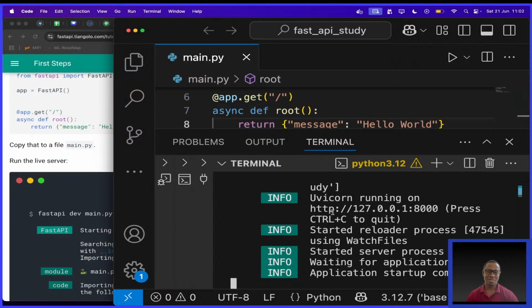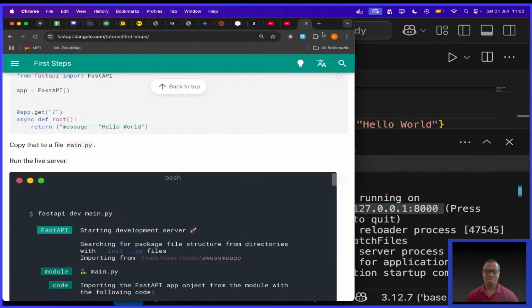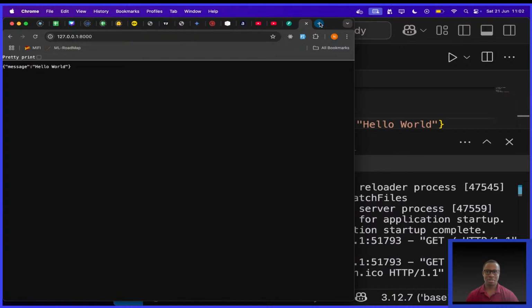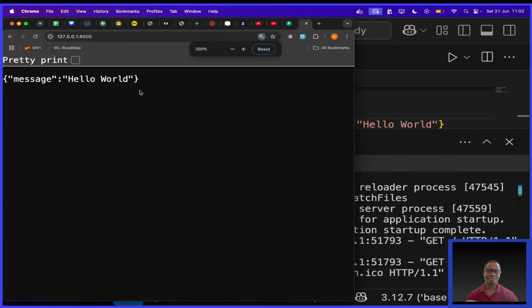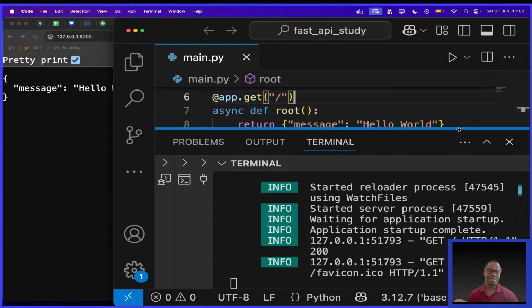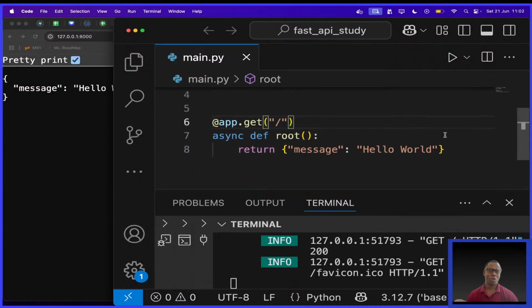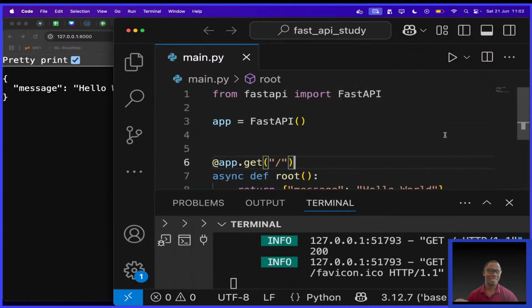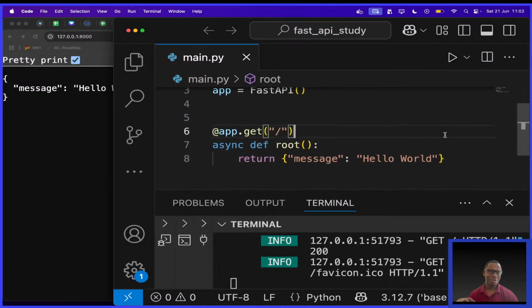Interesting. All right, so it says Uvicorn running on this port. Let's copy that and go to it. And there we are. Hello world. Okay, click pretty print. So guys, this is my API. Pay to access it.